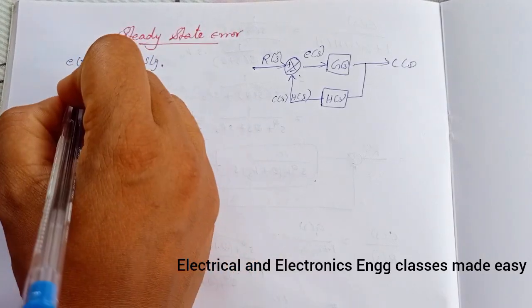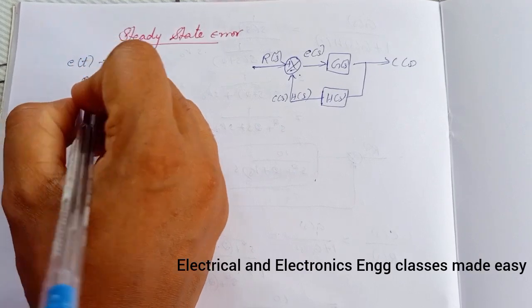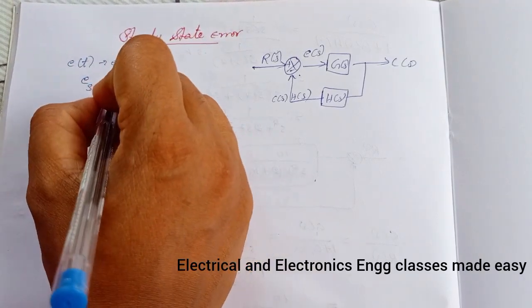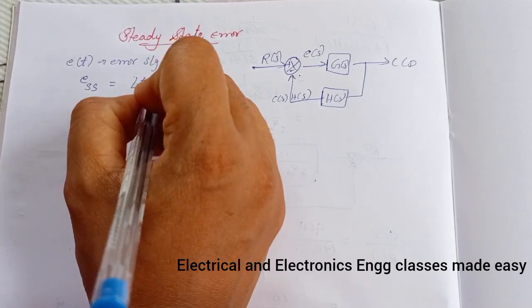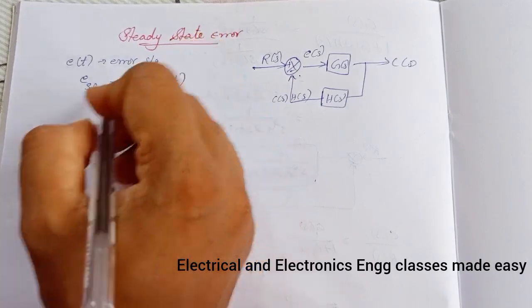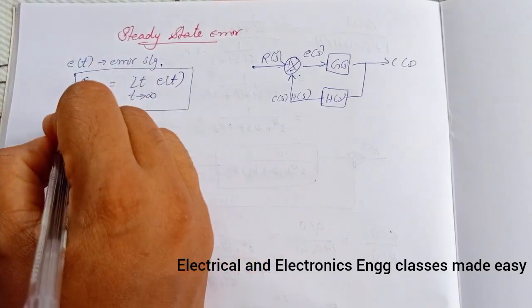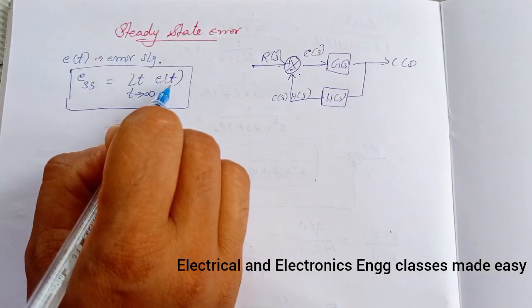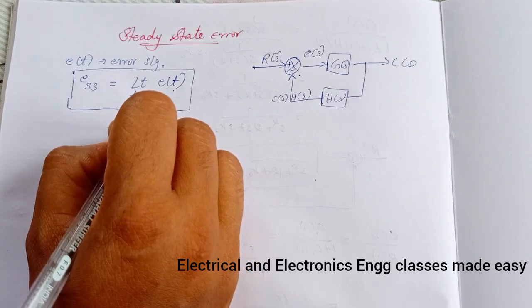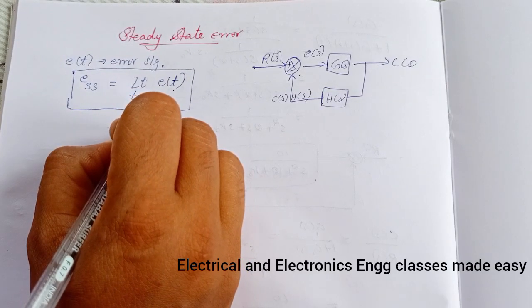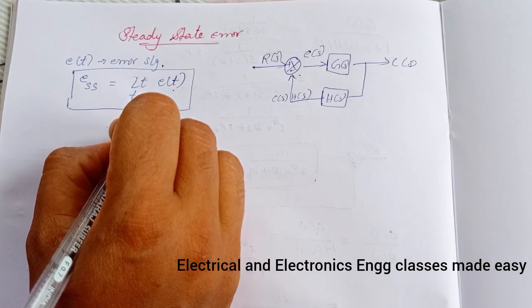It is denoted by e_ss, and e_ss equals the limit as t tends to infinity of e(t). The steady state error is a measure of system accuracy,